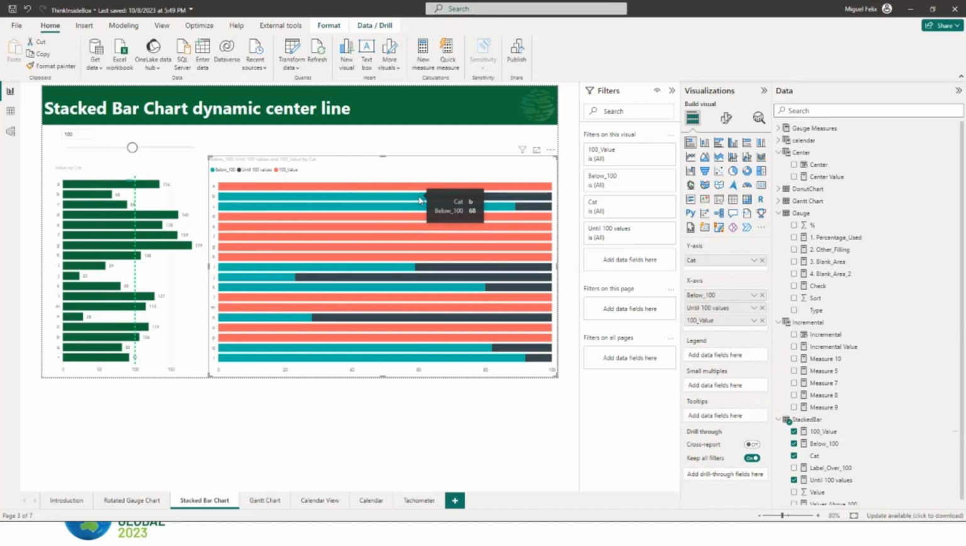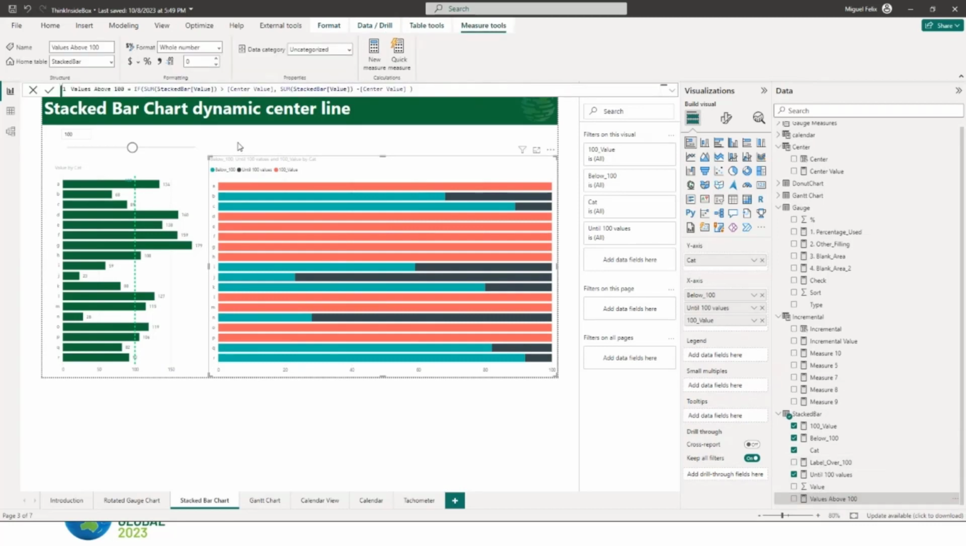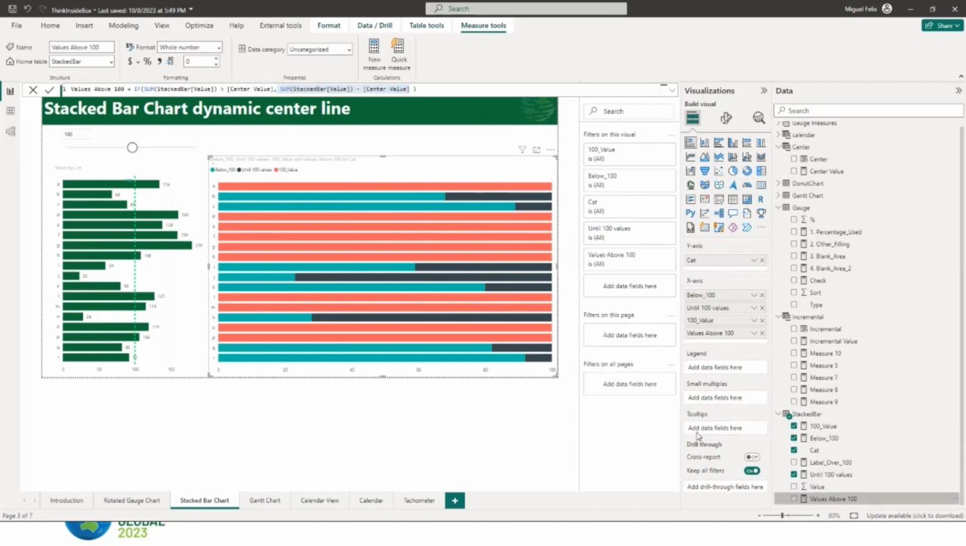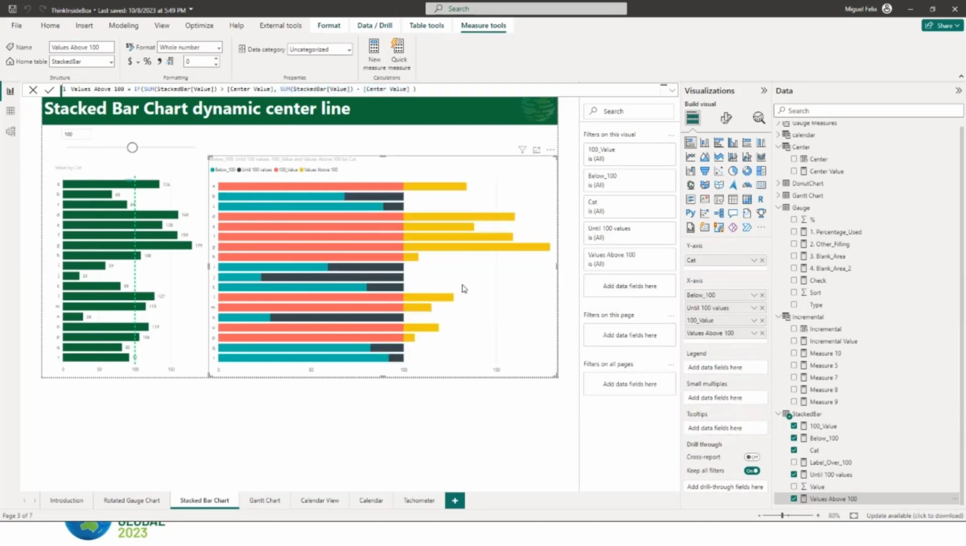So now we need to pick up just our final part, that is the total above the 100. That total above the 100 is this last one. That is exactly the same thing as we did on the previous one. So we are picking up the values that are greater than the center value, and then subtracting them from our center value. If I add this one to my chart, as you can see now, I have everything presented in a way that we can